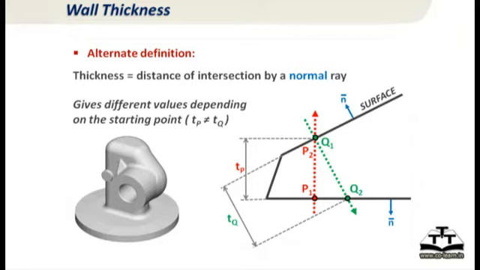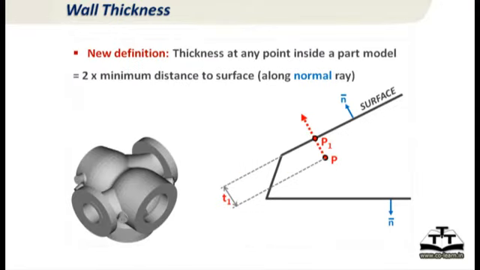So the moment you have non-parallel walls, this definition is no good because it can give me different values depending on the starting point. So it's useless for me. I cannot use it for any computation. So what we have done is, in a very simple nutshell, what looks very simple to you here took 2 years of thinking. We say the definition of thickness, and this can be defined at any point inside as well